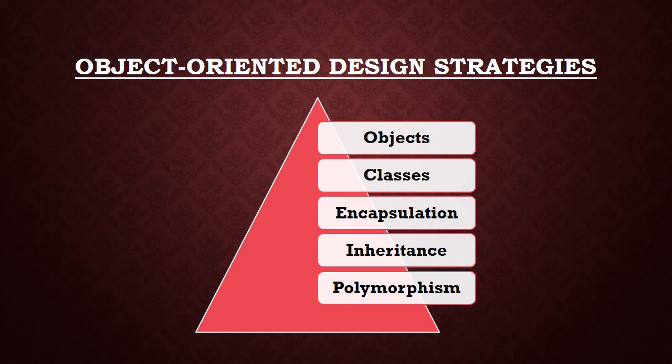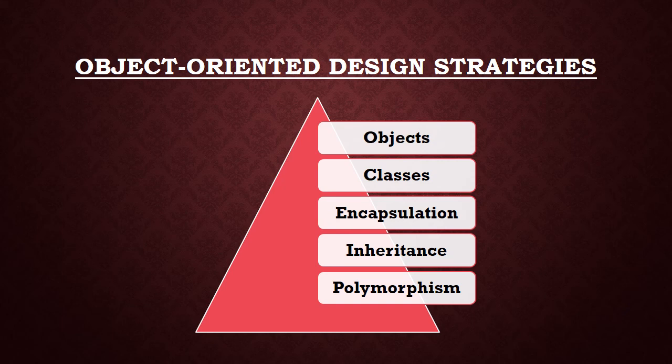So every object, every entity, has some attributes and some methods to perform on these attributes. For example, if we talk about a student, then student is an entity, and student name, student ID, student address, all these are the attributes that recognize that particular entity. So these entities are recognized by the properties which are possessed by them.